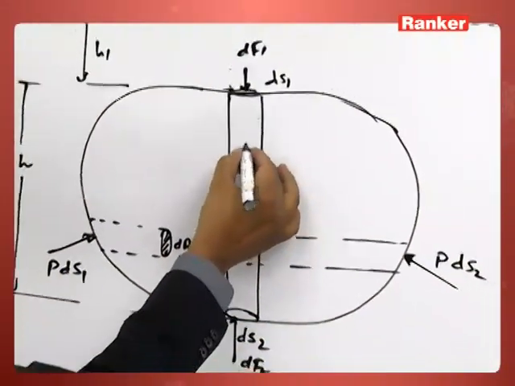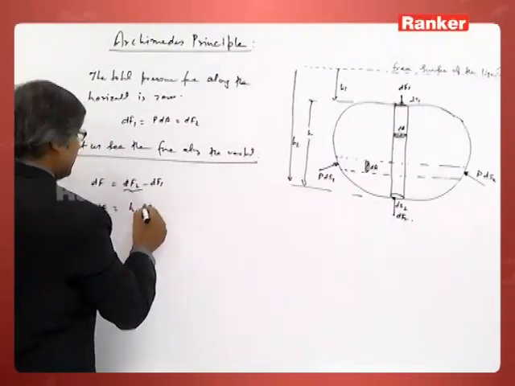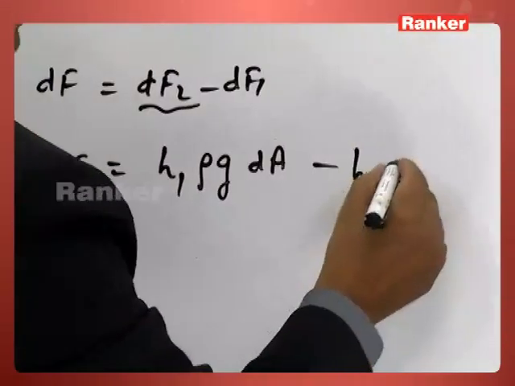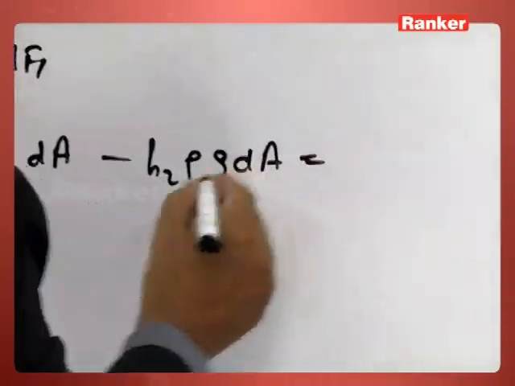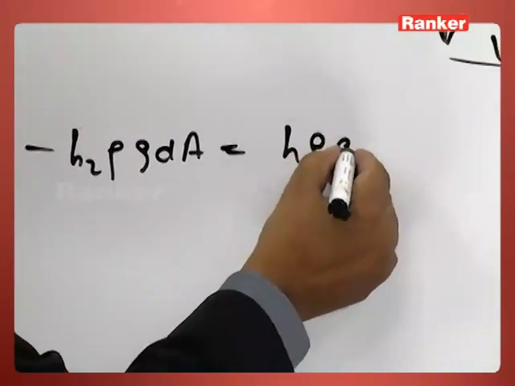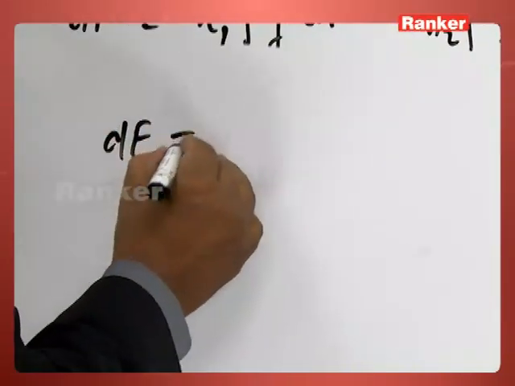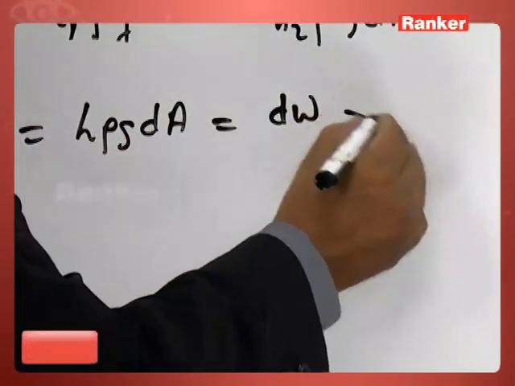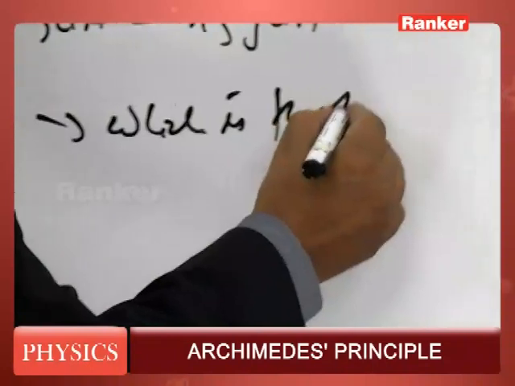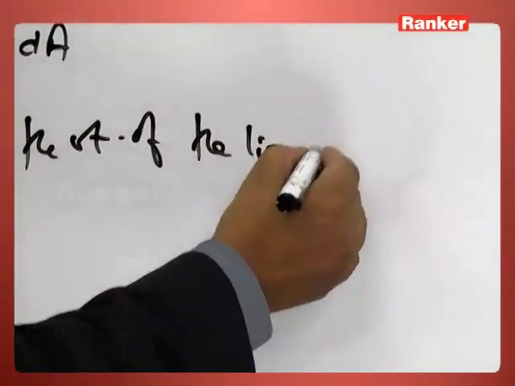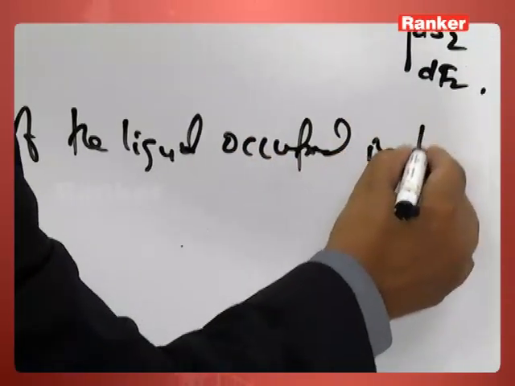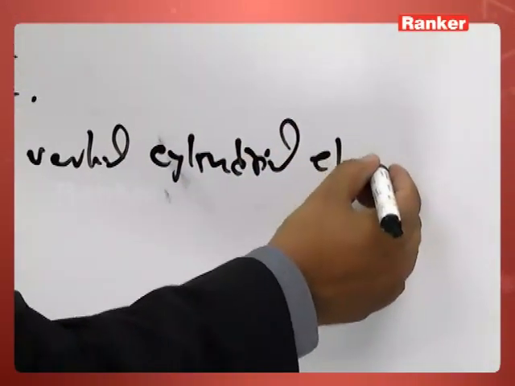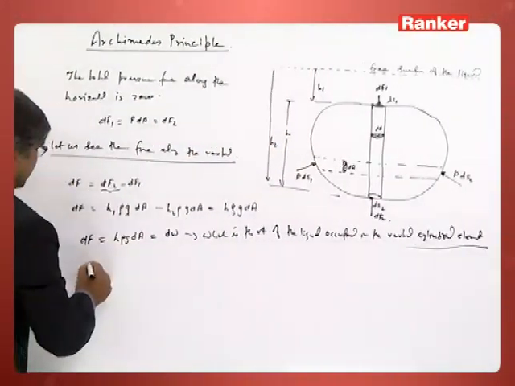Suppose this projected area is also dA, so that is the projected area, h rho g dA, and the projected area for this surface will also come out to be h2 rho g dA. That comes out to be h rho g dA. This dF becomes h rho g dA. The mass, so dW, let us call it dW, which is the weight of the liquid occupied in the vertical cylindrical element. So now you see total F